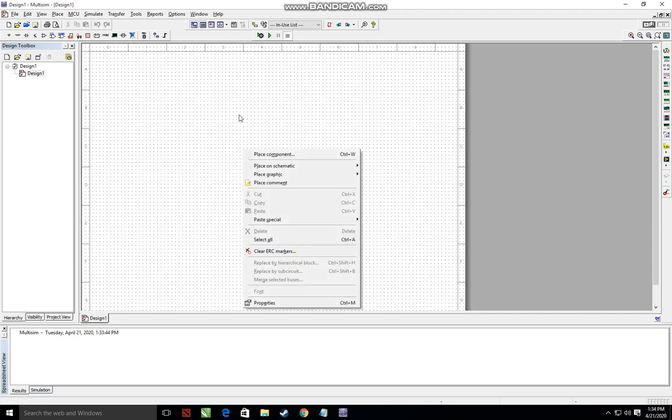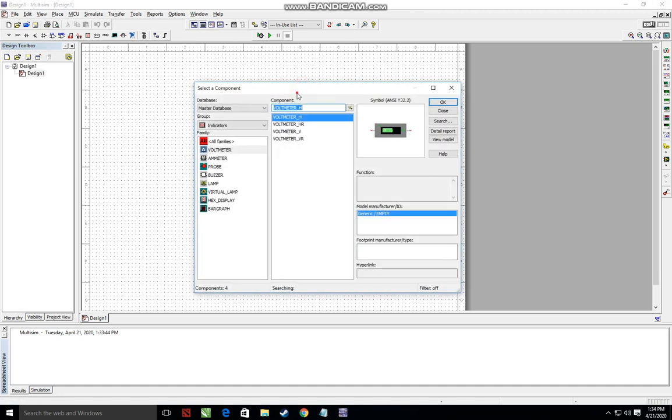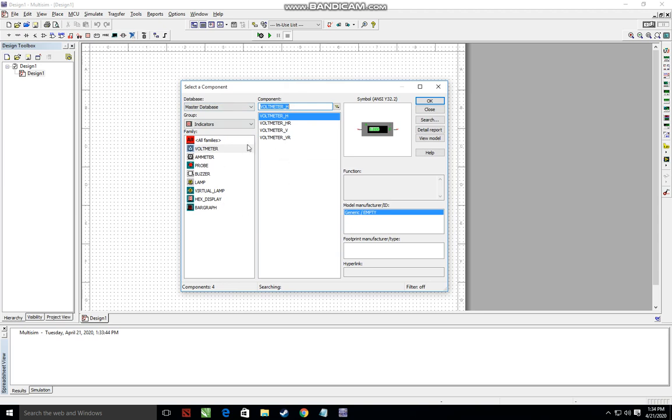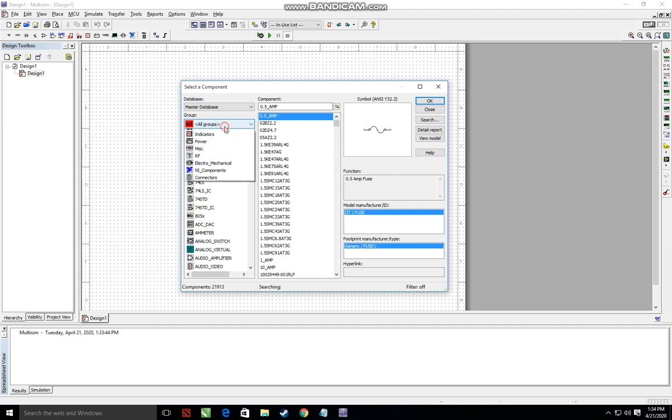This is the desktop of the software, and you see there is a component option, place component. Go in this option, you will see there are a lot of options of components. All groups, sources. Students already know about the sources like power supplies, AC, DC, and other sources.